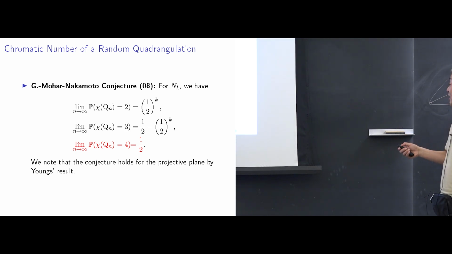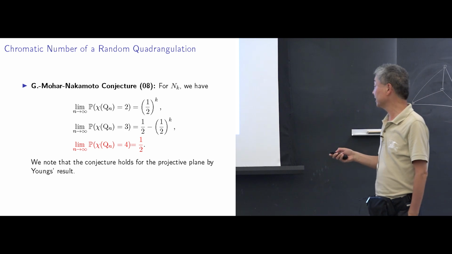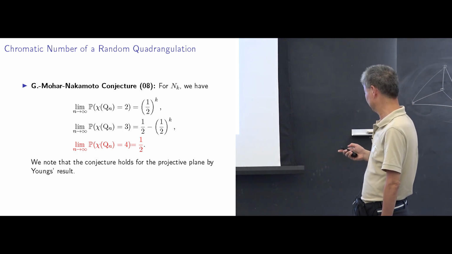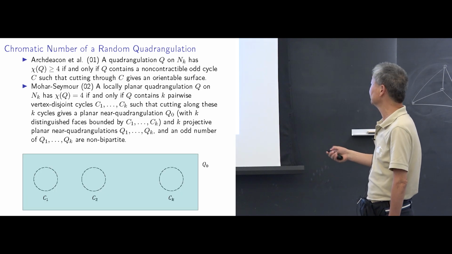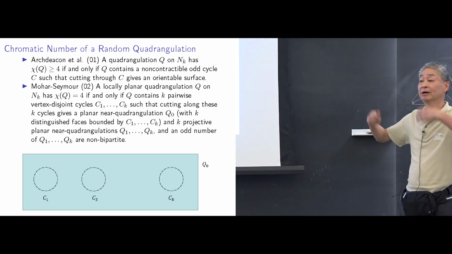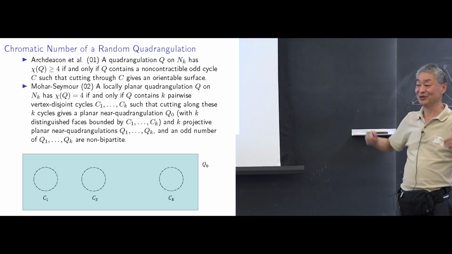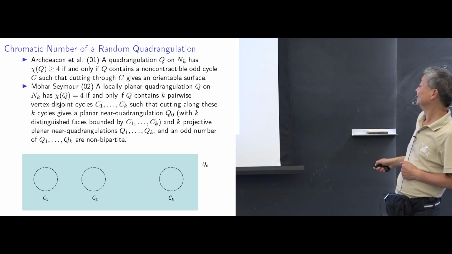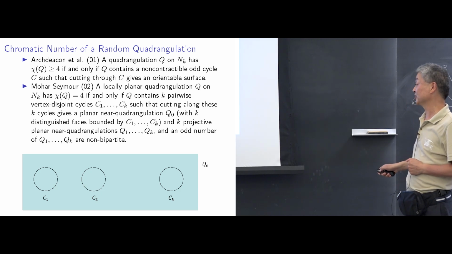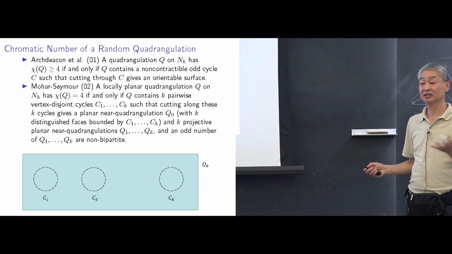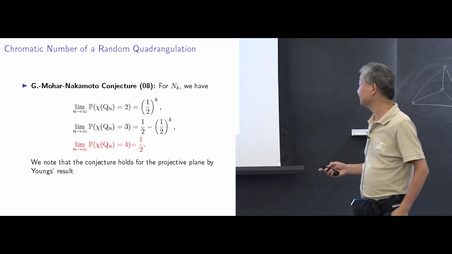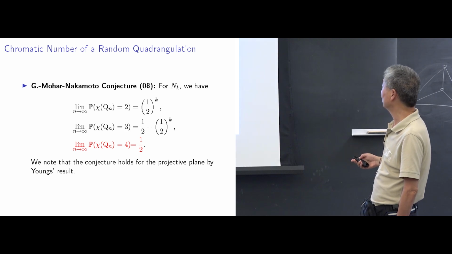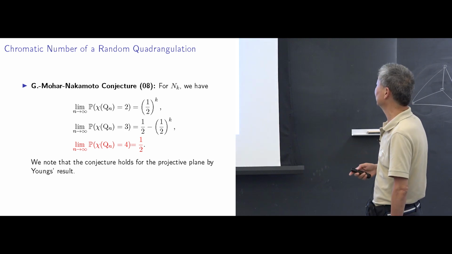And as I mentioned, we believe we can actually settle this. So it's work going on with Jin, using this criteria here and doing some enumeration, doing some counting. You just need to count how many such quadrangulations there are, such that all of them are non-bipartite. So, because I have 4 more minutes here, let me might as well mention there's another connection here